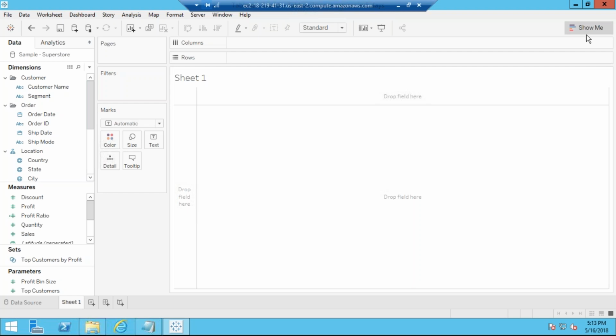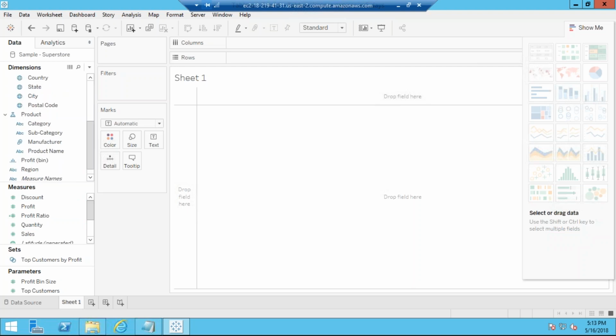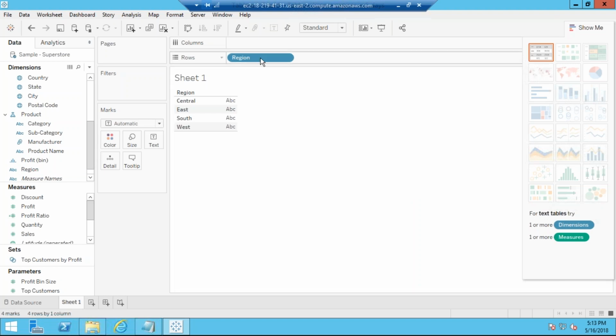I will create a bar chart. Under this, you have this bar chart here, but you can't do anything right now. These are your dimensions, and as I told you earlier, these are your measures. So you have to use region and, for the bar chart, sales or profit or whatever measure. I'll say region. I can just double click on that, and automatically it will come into region this way.